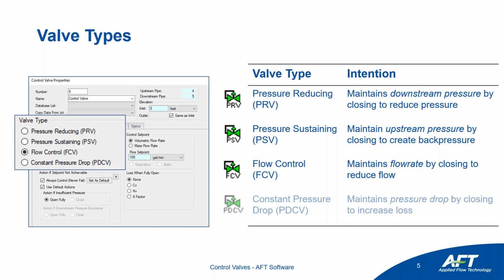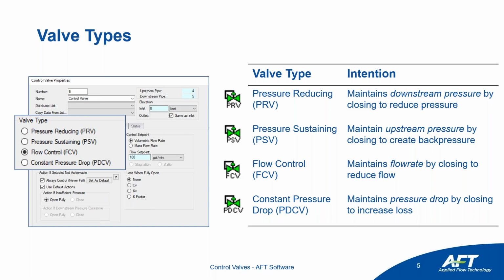You then have to either introduce more pressure to achieve that flow rate, or it throttles it naturally by reducing the flow. And then the final control valve is the constant pressure drop, where here you specify a pressure drop directly, and it just applies that pressure drop across that single component. Again, a bit less common from a kind of control standpoint. It's not necessarily determined by system requirements, where I need a specific flow rate or I need a specific delivery